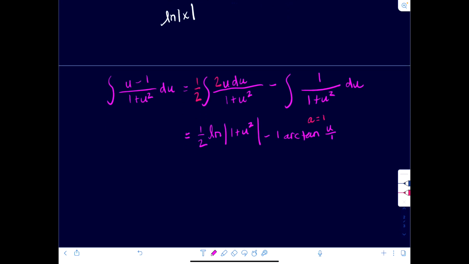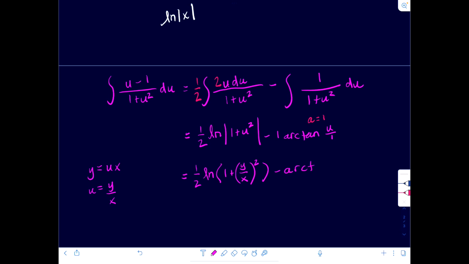We don't need the absolute value around 1 plus u squared because you're adding something positive. So we will have 1/2 natural log of quantity 1 plus, remember that if y was equal to ux, then u has to be y over x. So we'll have y over x, the quantity squared in that natural log,